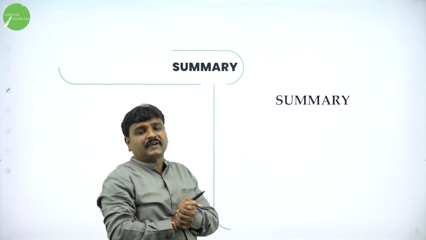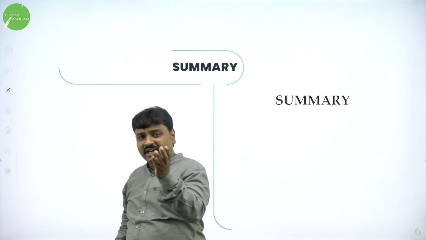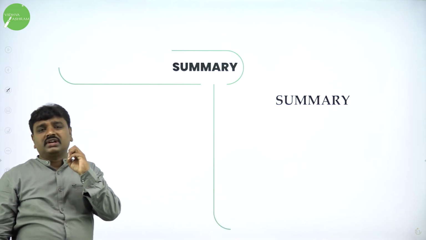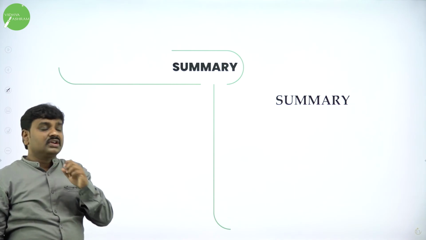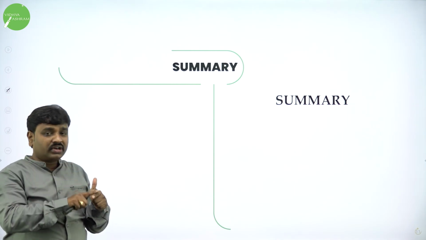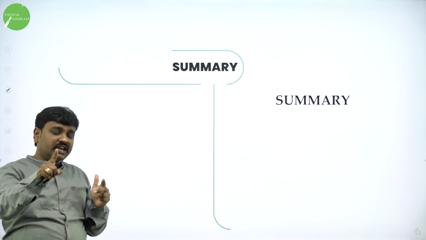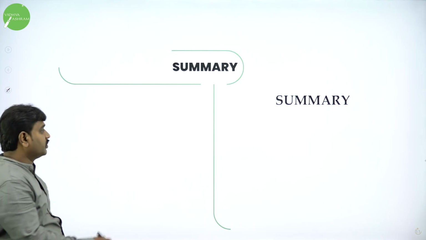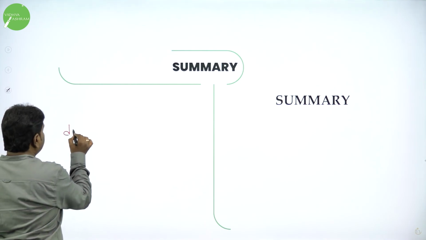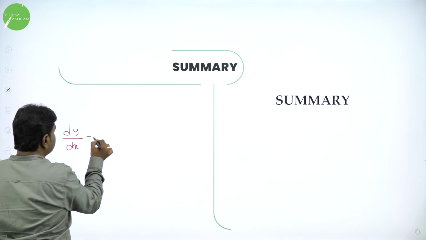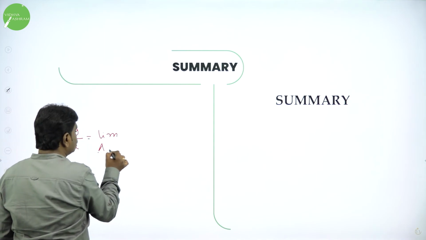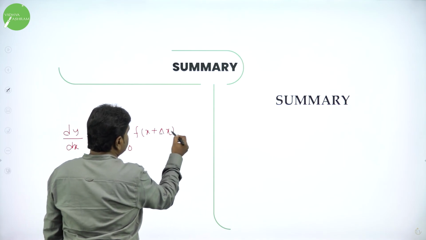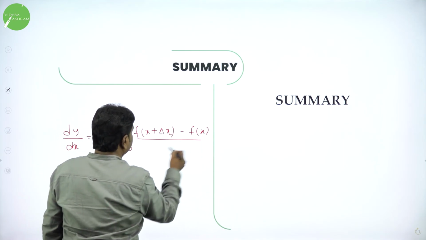Let me summarize. See, I have done in my last session, I have done x power n, then I have done e power x, then I have done some more interesting functions, that is root x. In today's session, I have done sine, I guided you for cos, I have done tan, I guided you for cot, and secant and cosecant, I gave the hints, utilize the hints and solve. So, summary is simple. Again, derivative dy by dx in terms of first principle is what? Limit delta x tends to 0, f of x plus delta x minus f of x is the hint, and